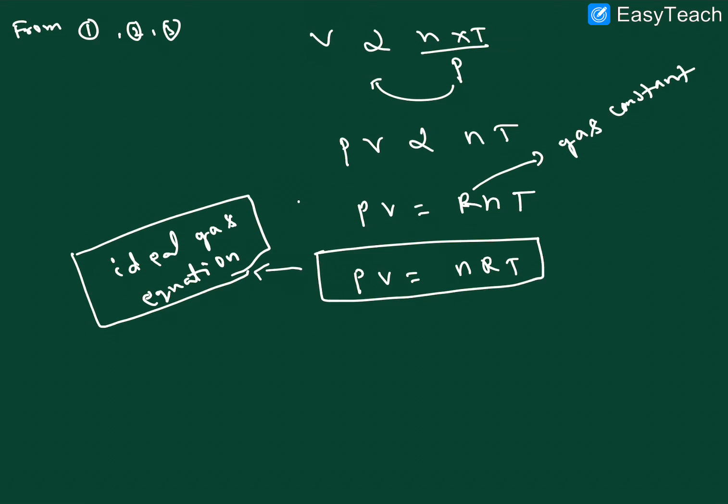Generally we take two different conditions. So P1 V1 by T1 is equal to a constant, since R is constant. For the other condition, P2 V2 by T2 is equal to the constant. Both equations equal the constant, so we can write P1 V1 by T1 is equal to P2 V2 by T2. I hope it is clear, right? This is the important formula. They give two different conditions and ask for the volume, pressure, or temperature.